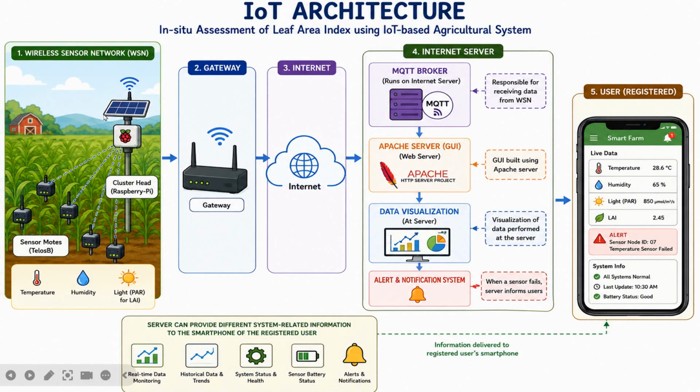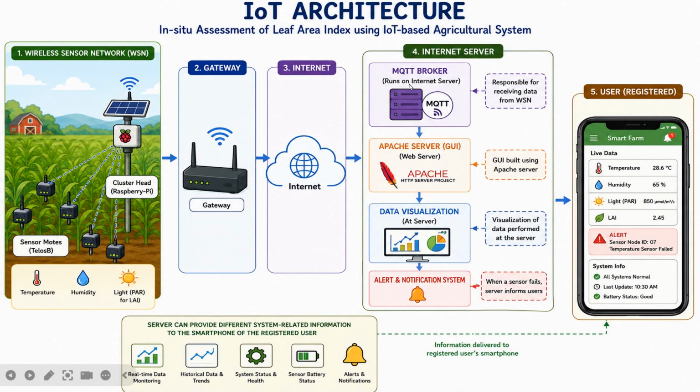Now here you can see the wireless sensor network, that is the WSN, which consists of several TelosB sensor nodes deployed in the crop field, and these sensors measure the environmental parameters such as temperature, humidity and the light, that is PAR, for the LAI. And a Raspberry Pi here acts as a cluster head and collects the data from all the sensor nodes and forwards it to a gateway. Now the gateway sends the collected information through the internet to a central server here. And at the server side,